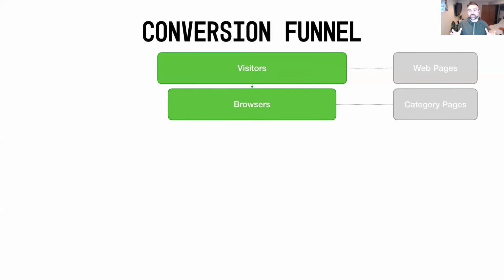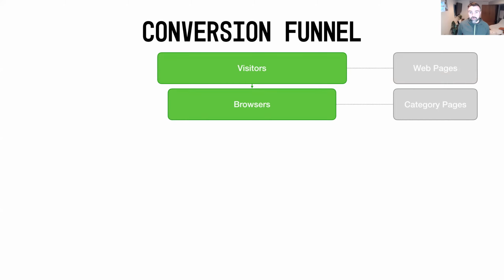Think about these pages as anything that showcases a bunch of products on your website. The way I like to think about it is, if you go into a department store and go to the women's section or the men's section or the shoe section, that would be a category of product. That is the department or area of your store where you can showcase a bunch of different products or services that take those visitors into browsers. They're actually now seeing some product on your website. Obviously, that's still not enough, because we want to make those browsers turn into shoppers. We want them to start looking at and touching and feeling products.